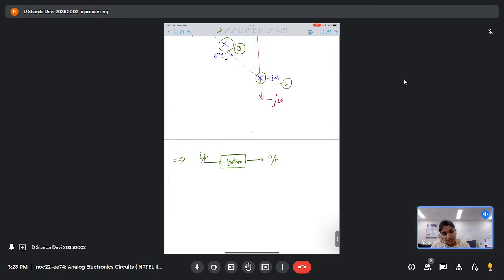We always know that feedback always provides better stability to a system, right? And this feedback is generally negative feedback because negative feedback provides stability. So if we have an open loop gain of A and feedback gain of beta,